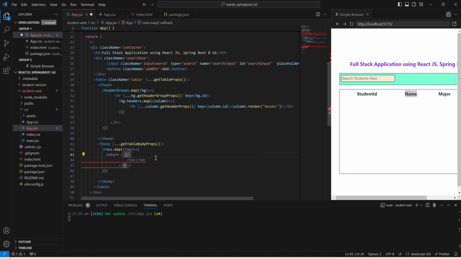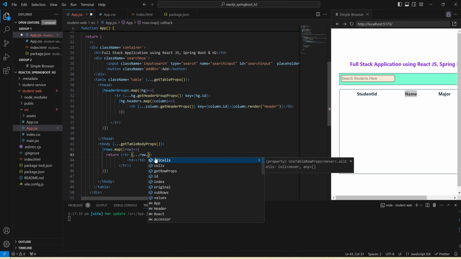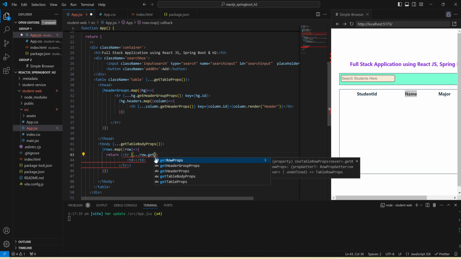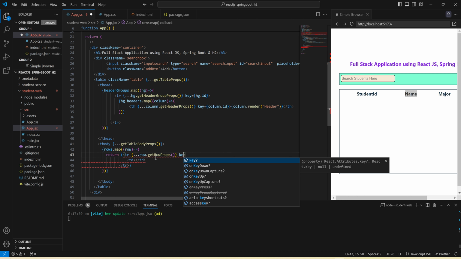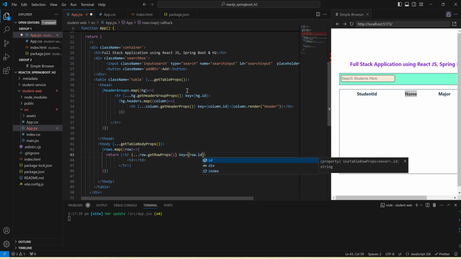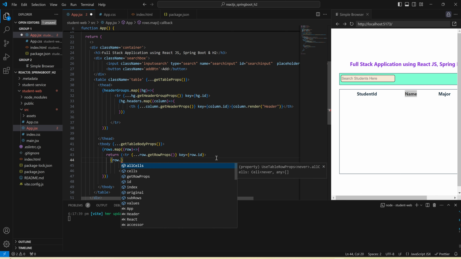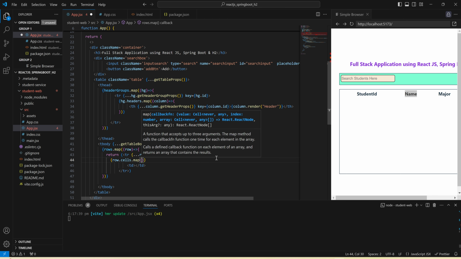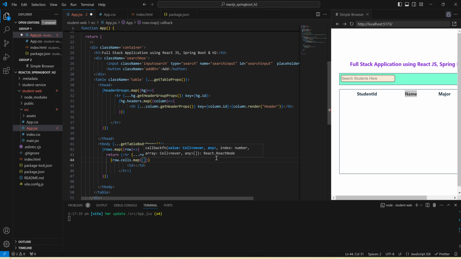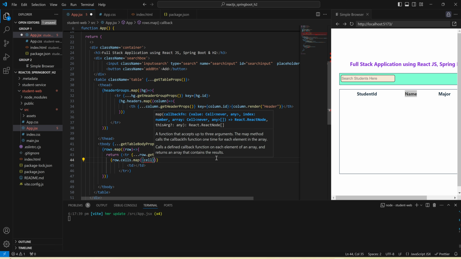Fine. And for each tr we are again going to use getRowProps, and here we need to add some key as row.id. Fine. And inside this row we can call cells, and we can map on cells, and here for each cell